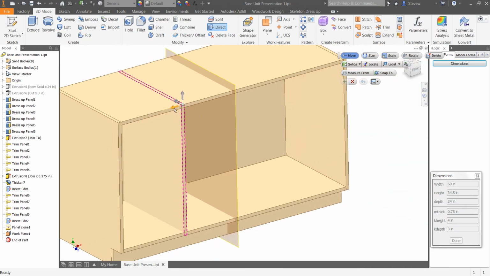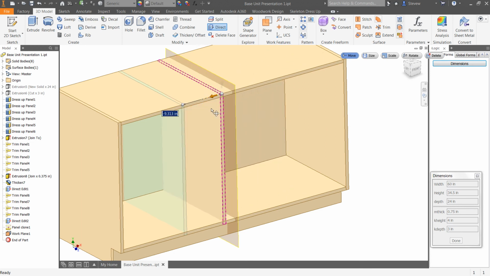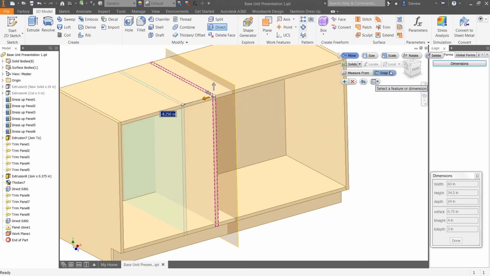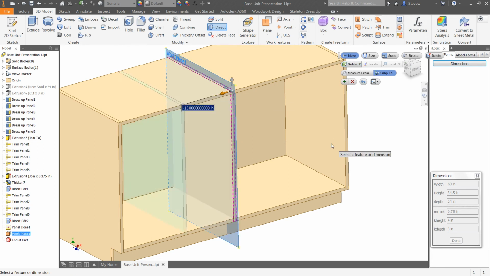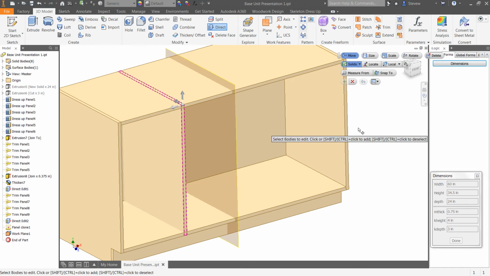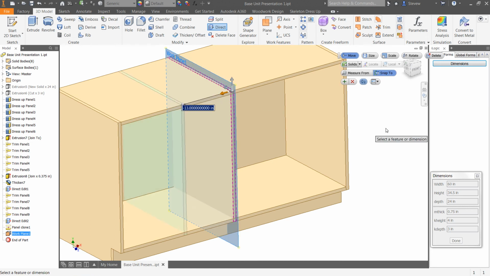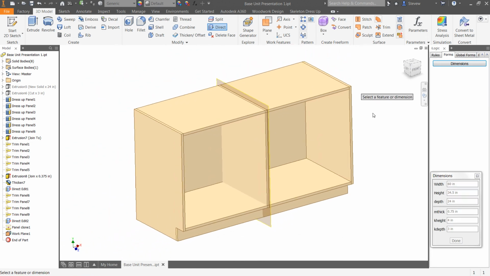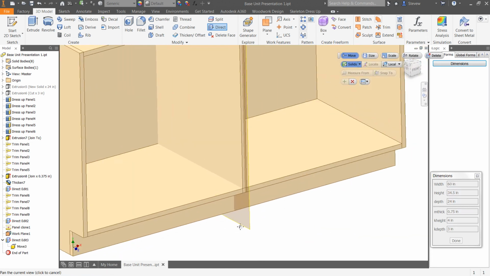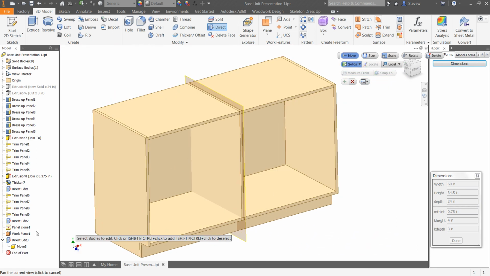I can grab the head of the arrow and move it anywhere I want, but instead, I want to say snap to that plane and pick OK. Okay, so again, locate. I can move it, right? Snap to here. OK. And you can see that's done. If we turn off the work plane,